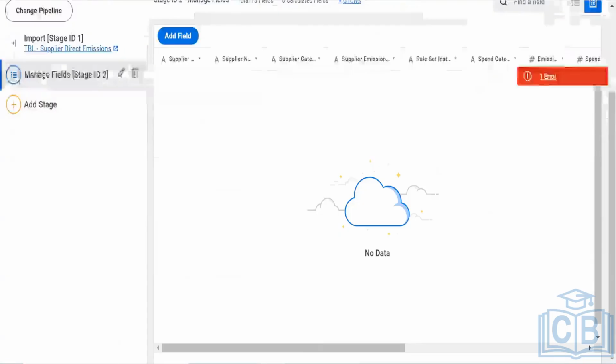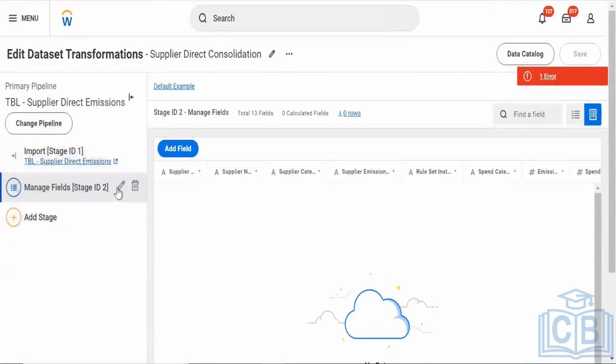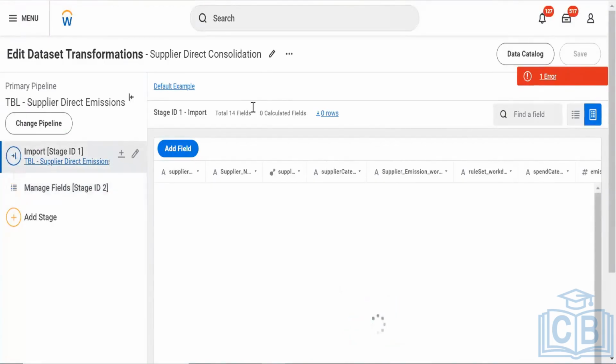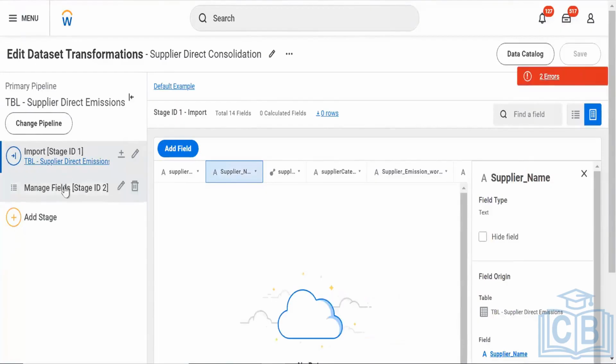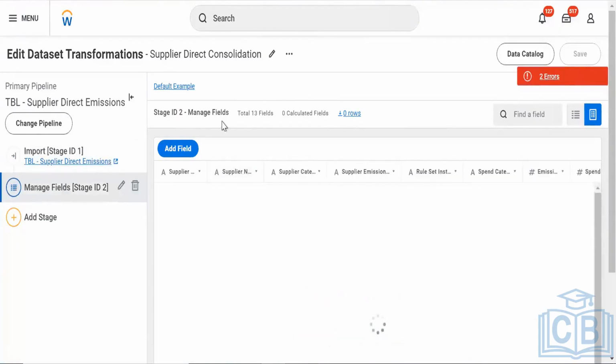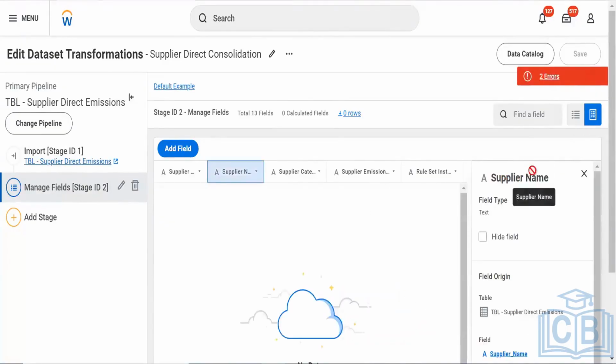In the derived dataset, we came to know they did transformations for renaming the field names and also hiding one column. If I see this, I can see 14 fields, and the old name, supplier_name, is with an underscore. If I go here, there are 13 fields. They have hidden one, and supplier name is now supplier space name.